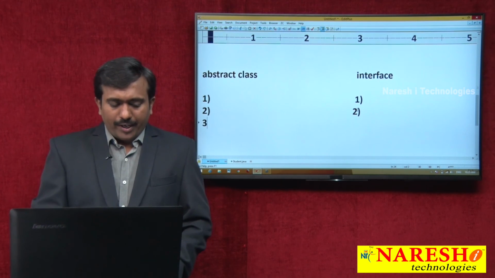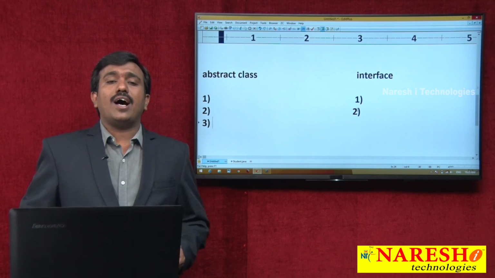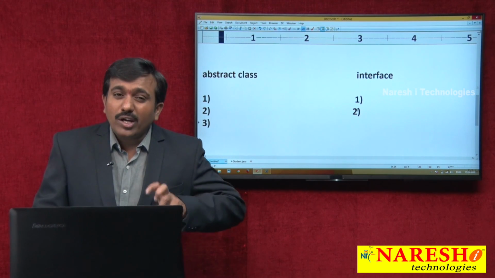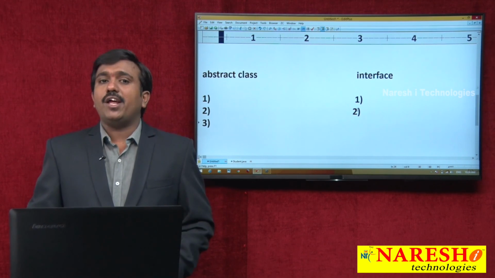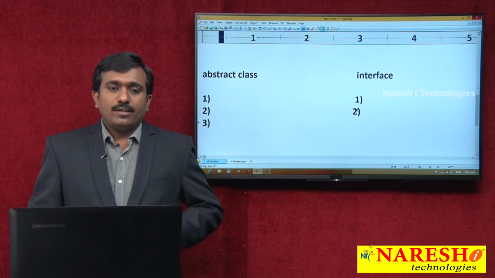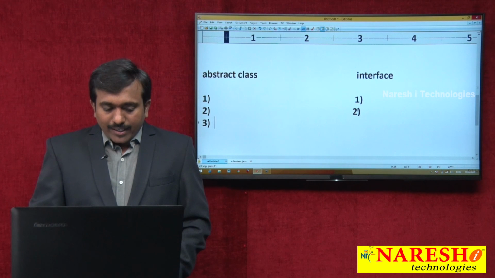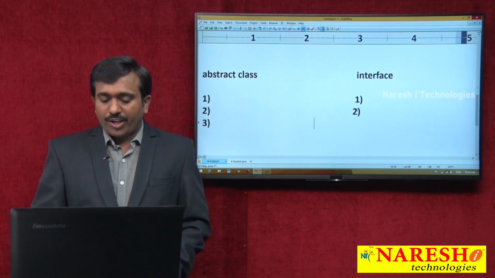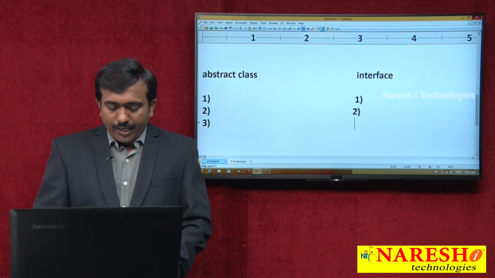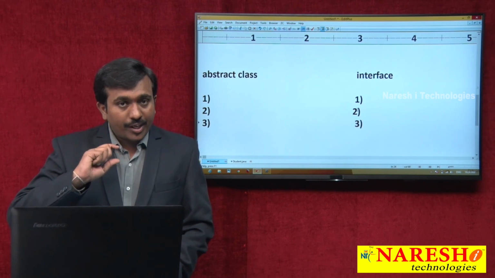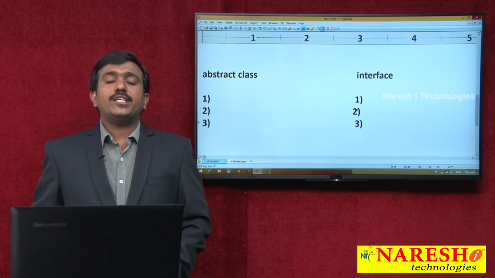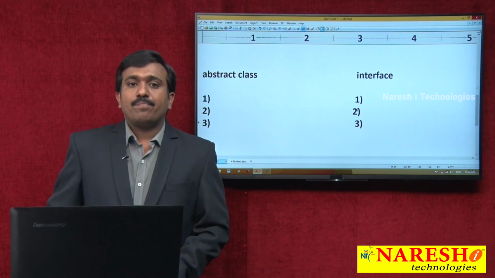One more, the third point. Inside the abstract class there are no default cases for variables also. There is no default case for variables, but inside the interface by default the variables are public, static, final.